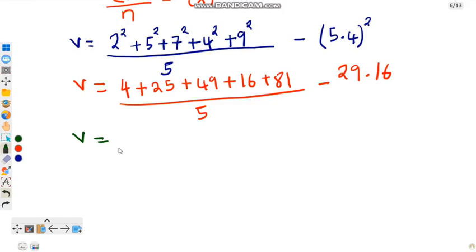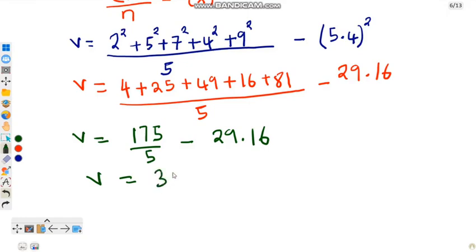So we are going to have 175 over 5 minus 21.16. So variance is equal to, so we can divide where we say 175 divided by 5. This will give us 35. We get 35 minus 29.16. So from here we can say variance